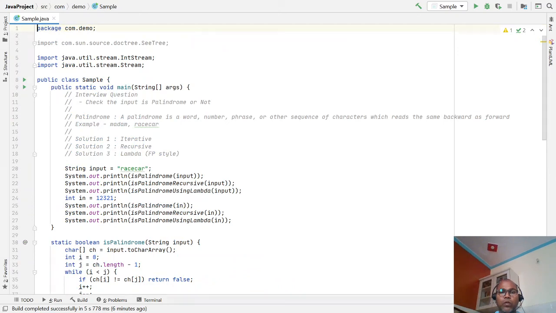Okay, I hope it is useful. My suggestion is that whenever you write any code, try to learn it from the normal iterative way, then the recursive way. If feasible, also try to write the same code with a lambda expression.